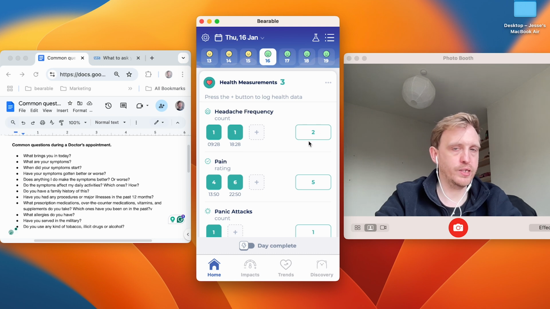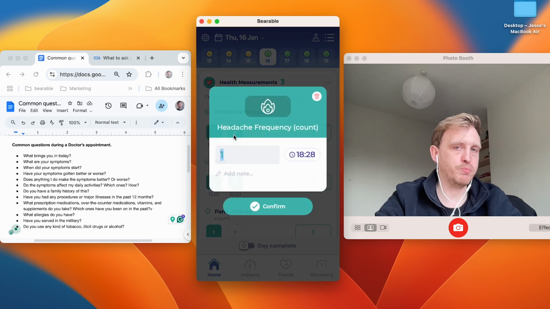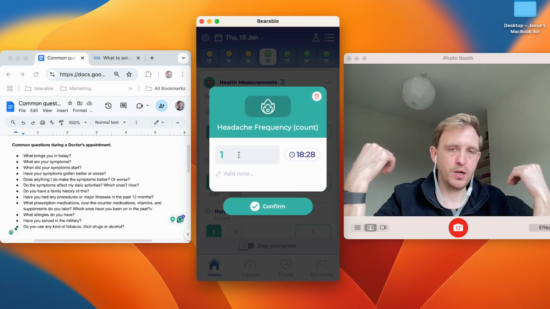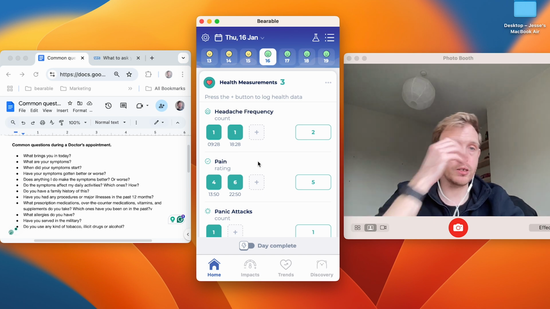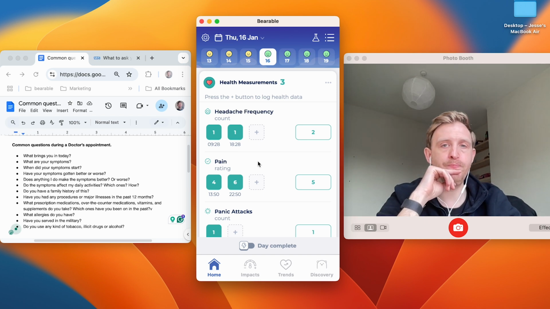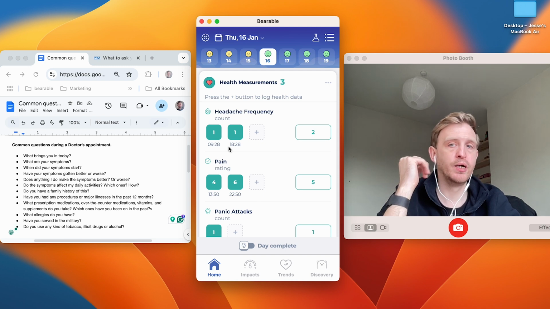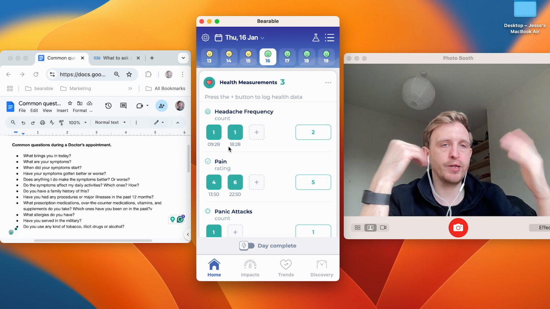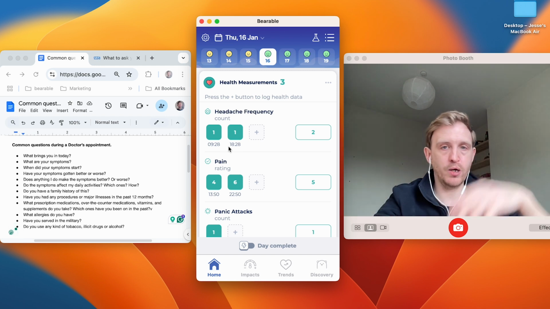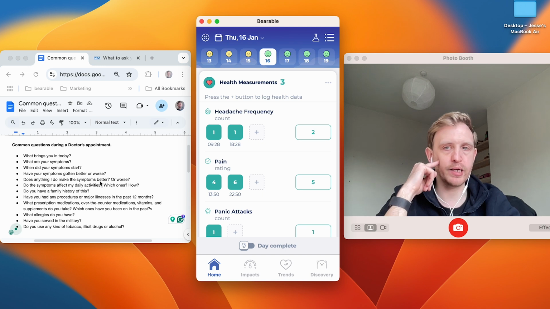This will show you the total here. If you select total, if you want to view the average, this would obviously be 1. You can get more specific with these too. You saw that when we were setting this up, you can have 2 decimal places. So if you want to have 1.35 or whatever, that's totally possible as well. You just need to make sure that when you're customizing these and creating them, you have that set up too. So yeah, I'd say just think about tracking frequency for symptoms where that's useful. That might be for things like headaches, or things that occur multiple times a day, because that's not going to be naturally tracked as part of your symptom tracking.